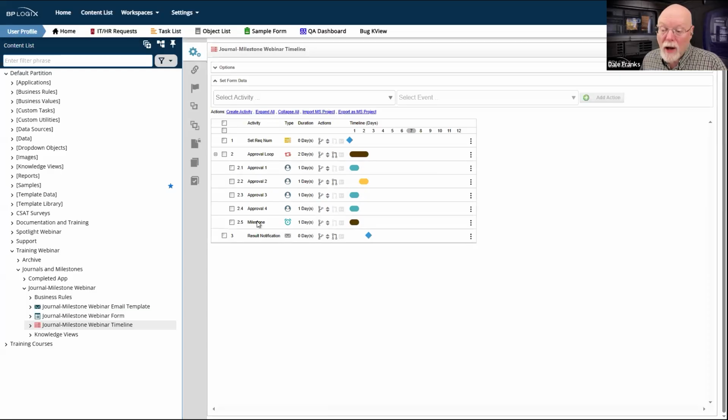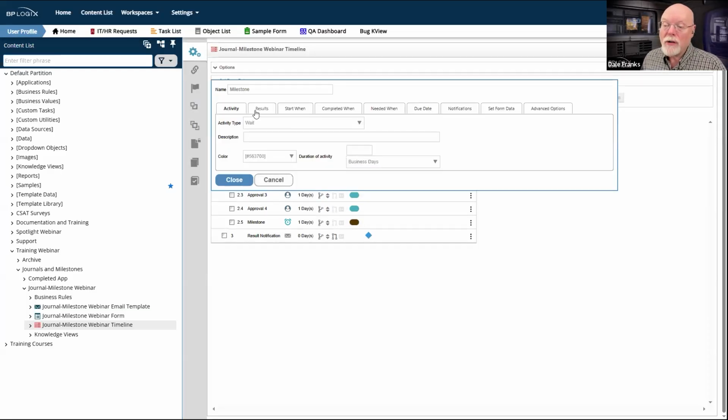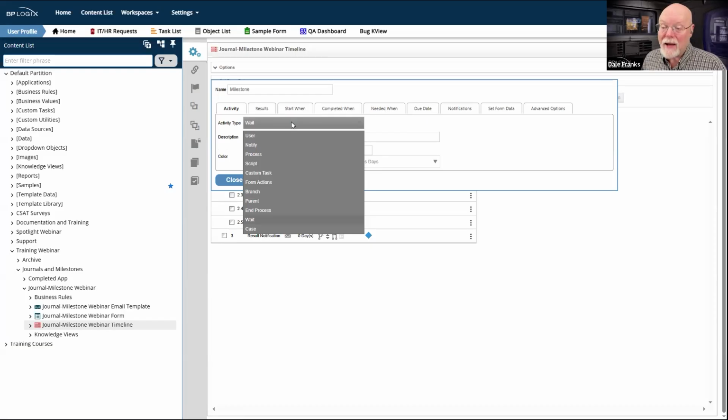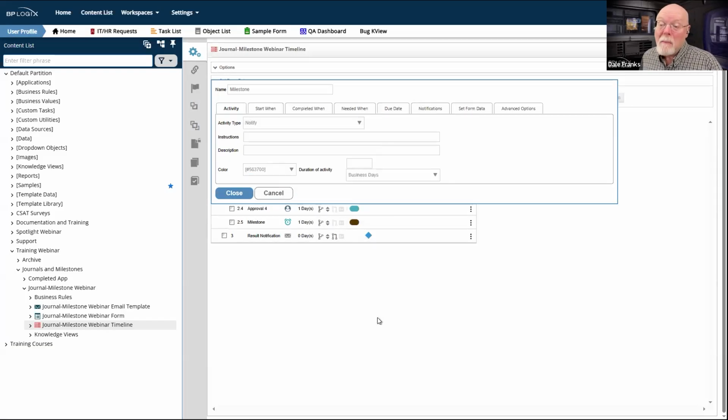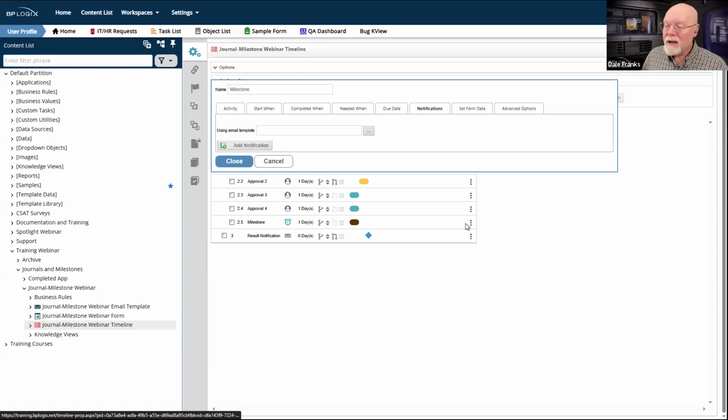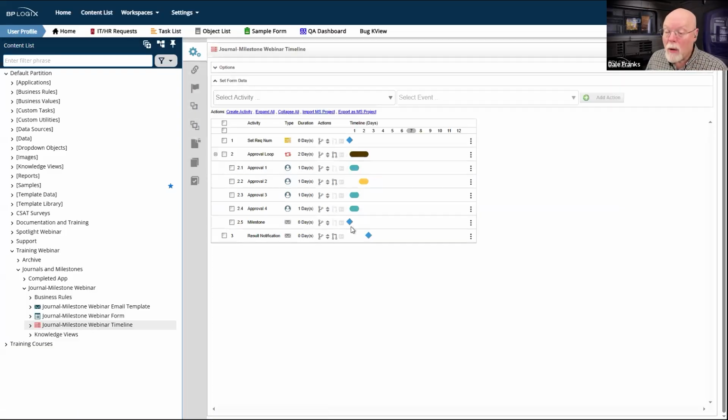You could also, if you didn't want to use a wait task, use a notify task. Now, a notify task might even be better because notify tasks don't actually do anything unless you create a notification on the notifications tab. And notify tasks by default show up with the little square icon.